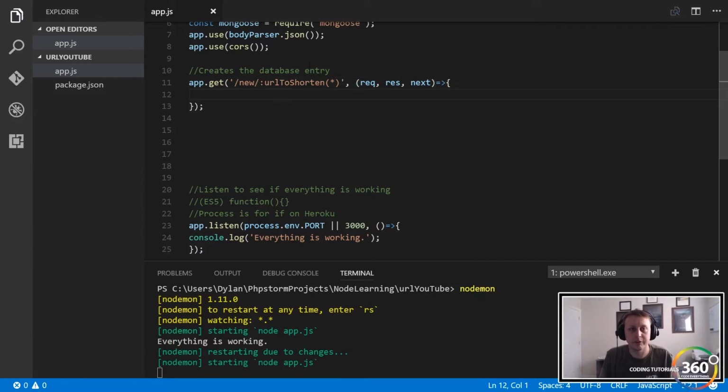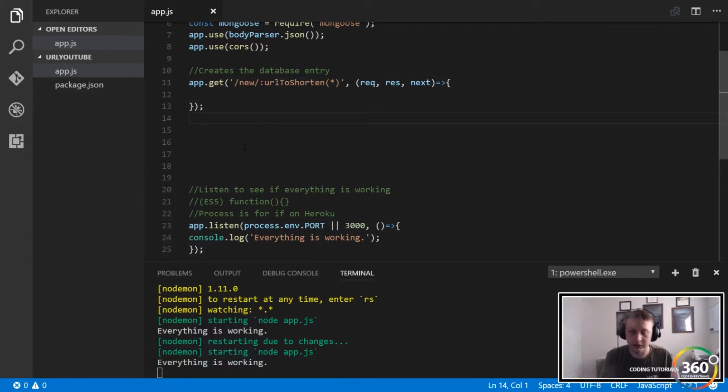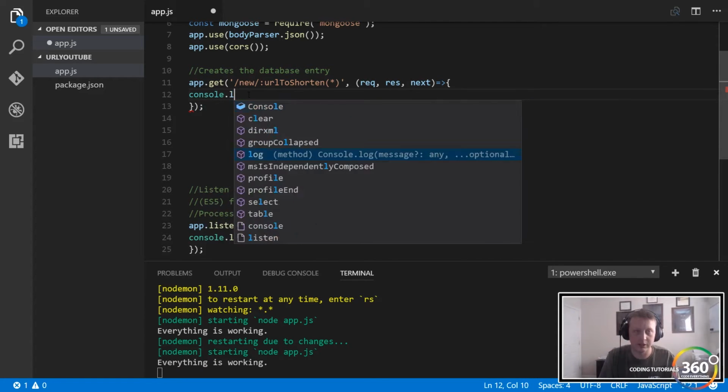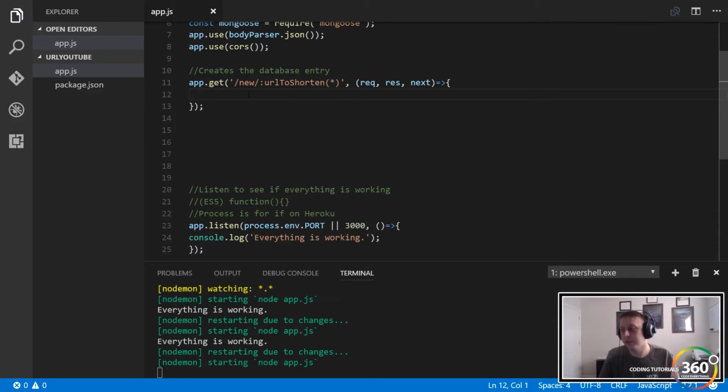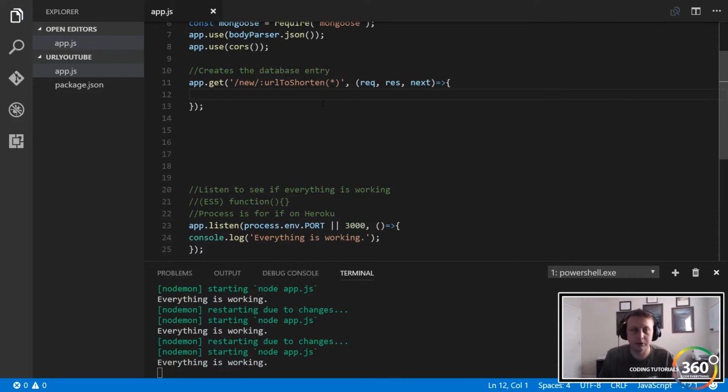So cool. This is our first get call. And then we'll go ahead and create a second get call, but first let's go ahead and test this, right? Console.log. Let's get the param, right? So to get the param, we can go ahead and store it in a variable. I like to do URL to shorten. And this is equal to our